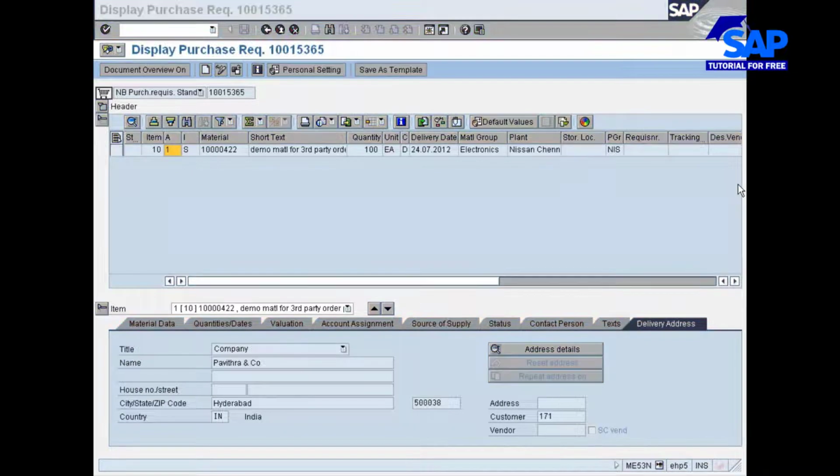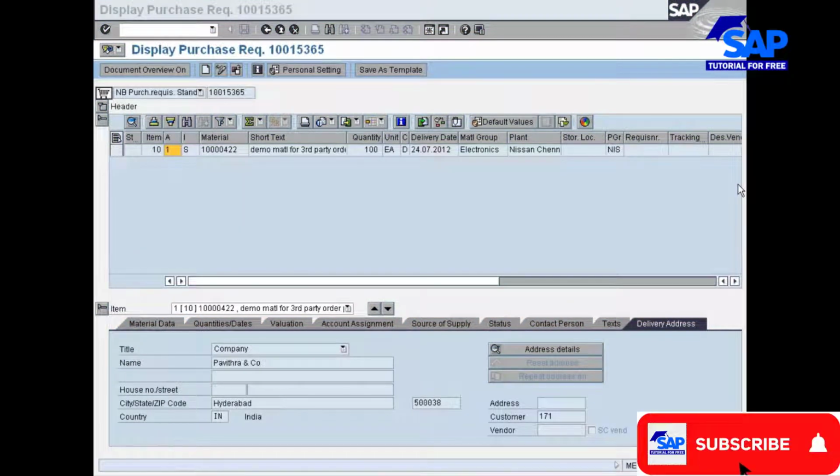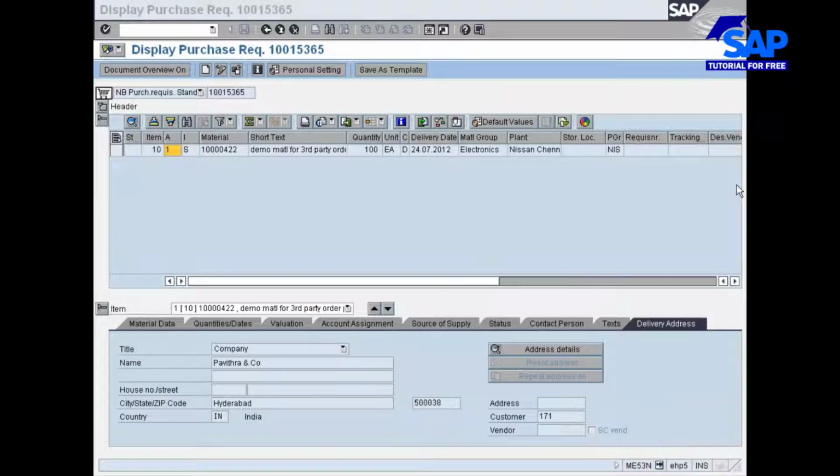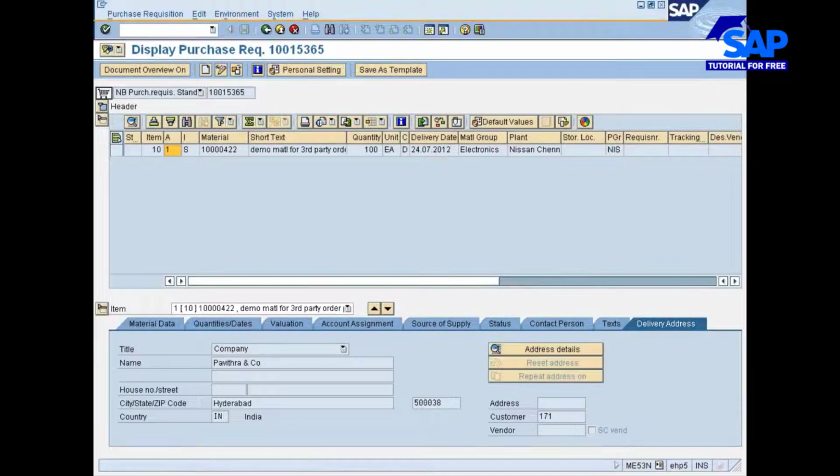Okay, the question is why. Can you please unmute yourself, Pavitra, and ask your question? So nothing, sir. By mistake, I have typed it. Okay, right. Now you see here, delivery address is Pavitra. Why Pavitra? Because the sales order was created for Pavitra, and the material needs to be delivered with reference to sales order, so therefore it is Pavitra. Right? Now